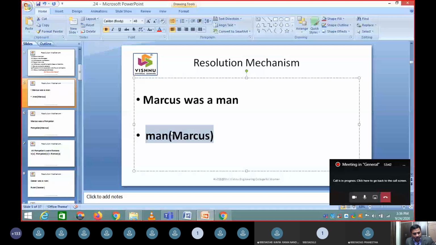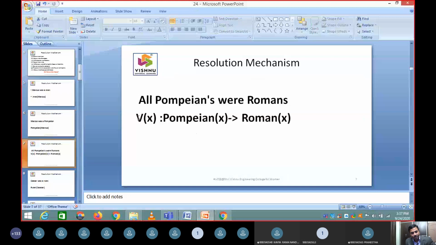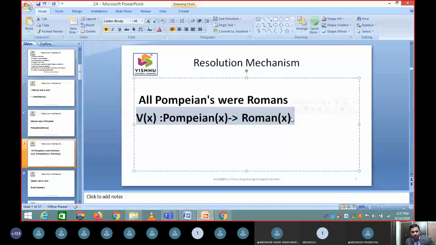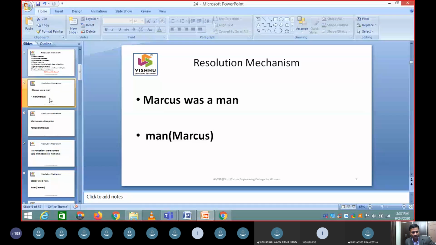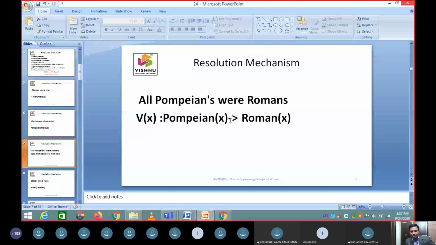Is this statement in clause form? Just let me change it now. So, is this statement in clause form? No, sir. No, what you said is right. This statement is an atomic statement which does not have any operator, so obviously these two statements are in clause form. The third statement is not in clause form, the reason being that you have an implication here.